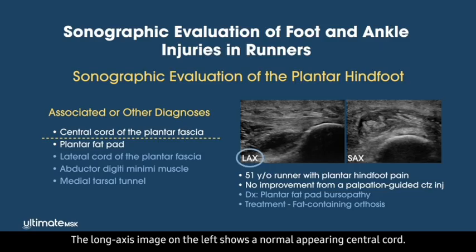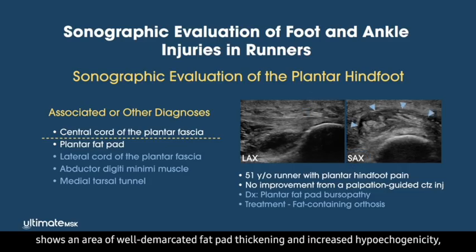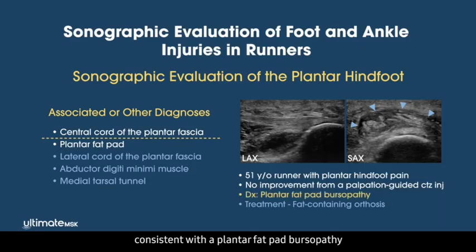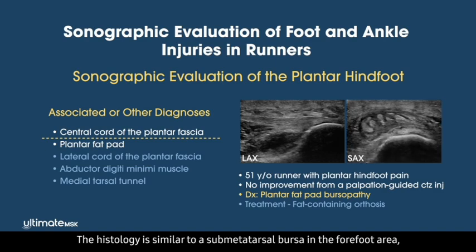The long axis image on the left shows a normal appearing central cord. The short axis cineclip on the right shows an area of well-demarcated fat pad thickening and increased hypoechogenicity consistent with a plantar fat pad bursopathy, nicely outlined with dynamic transducer compression. The histology is similar to a submetatarsal bursa in the forefoot area, consisting